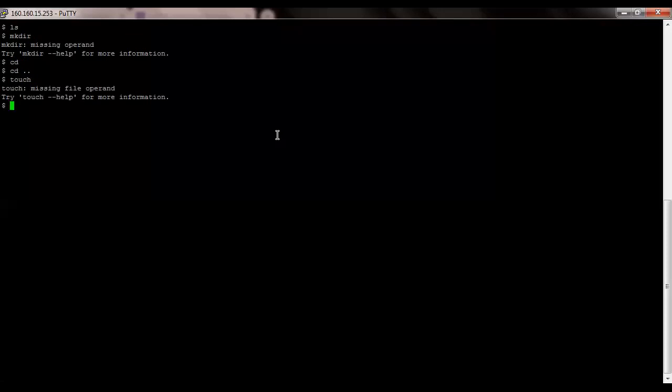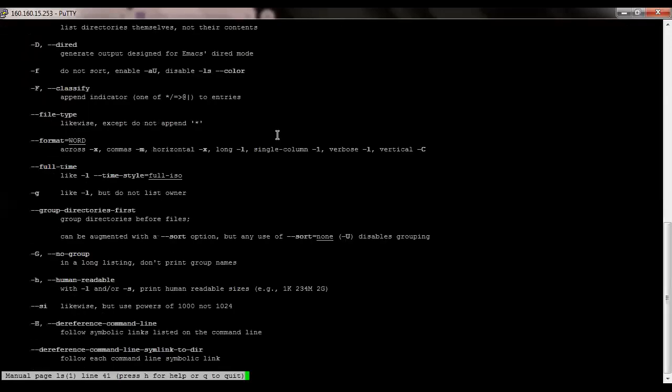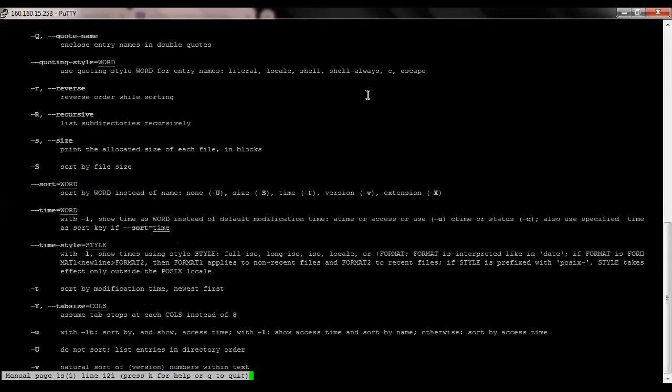Apart from this, we have also seen the verbose options for ls. That means if I look at the man pages, yes, we have also seen the manual pages for the command ls. So we have seen these different hyphen options to perform on screen.